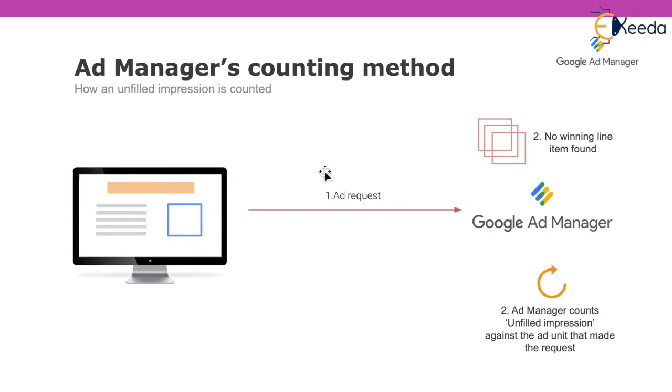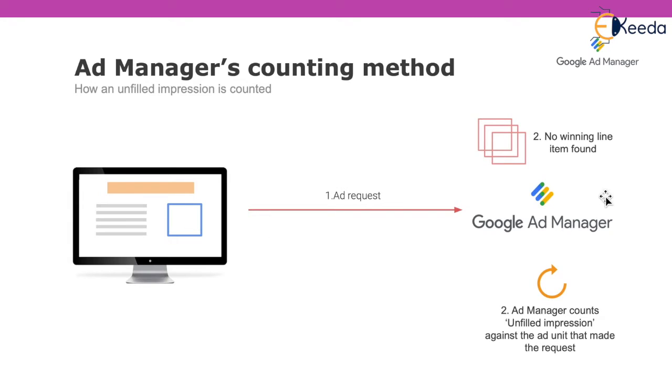So we all know that the line item has all the ad targeting settings. Now, whenever the request comes from a user, for example, in the line item I have targeted Europe. I want to show my ads only to the people who are from Europe. So now let's suppose I am in India and I'm accessing the website and this ad slot is loaded.